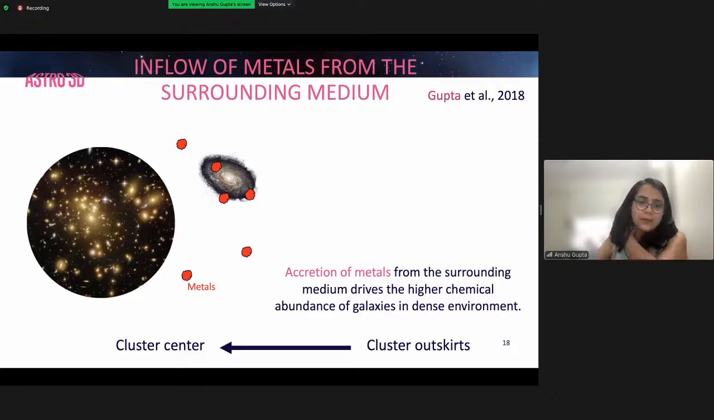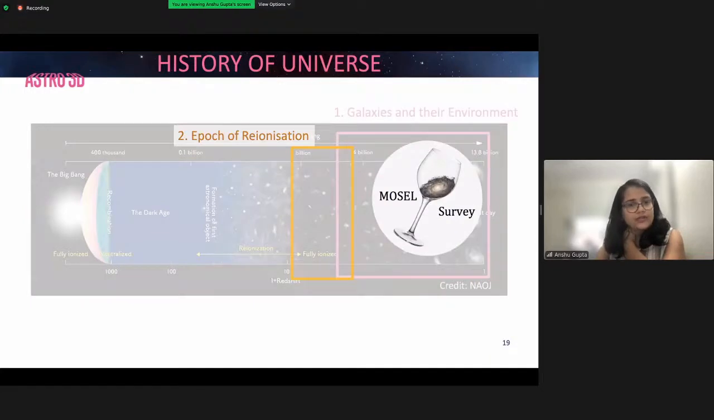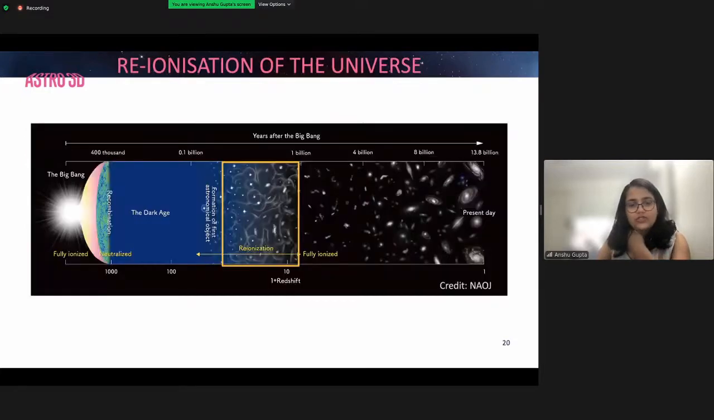But my work since PhD has focused mostly on the high redshift universe and looking at how galaxies evolved in the high redshift universe. So I'll move on to the second half of my talk, which is this Epoch of Reionization type work. And just to reiterate, Epoch of Reionization, essentially, this is the phase where you can see these bubbles